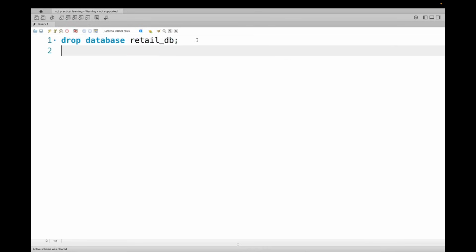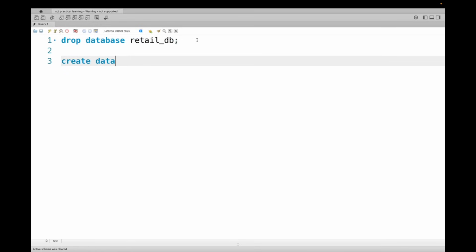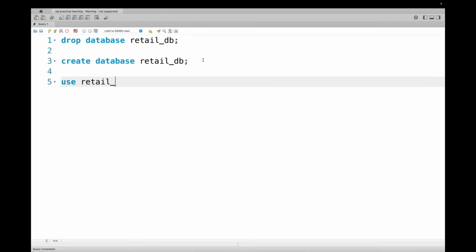I dropped it. Now I will create database retail underscore DB. I am creating it newly so that we are starting from a clean slate. Now I will connect to this, use retail underscore DB,